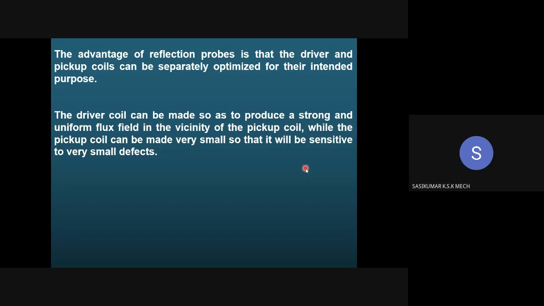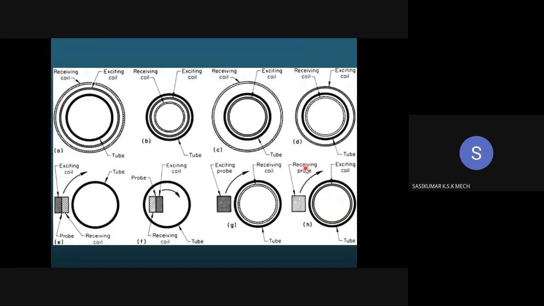Here it shows the reflection probes of different kinds. Here you have an exciting coil, this is the tube to be tested. You have an exciting coil, and over it you have a receiving coil. Here the exciting and receiving coils are outside of the component. Here they are inside of the component. Here one is outside, one is inside.